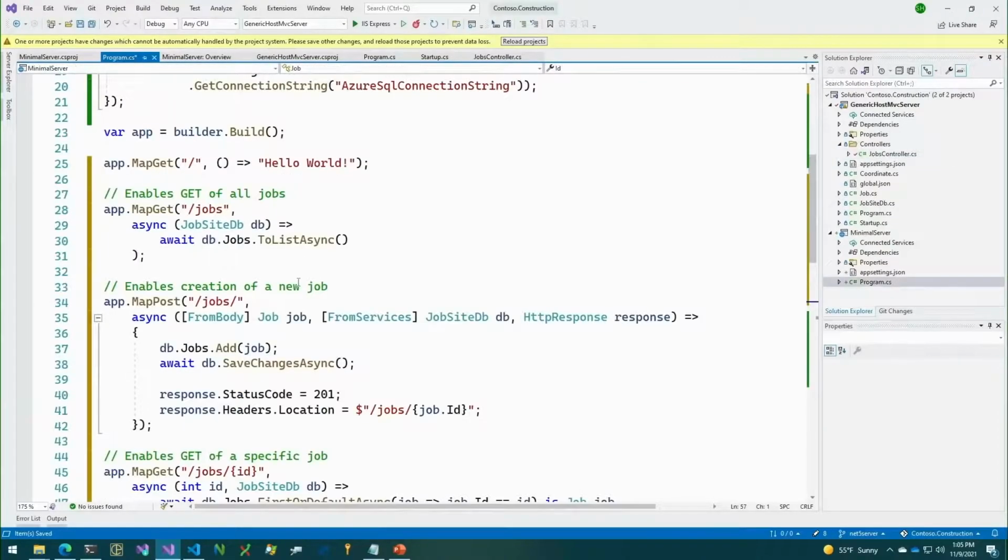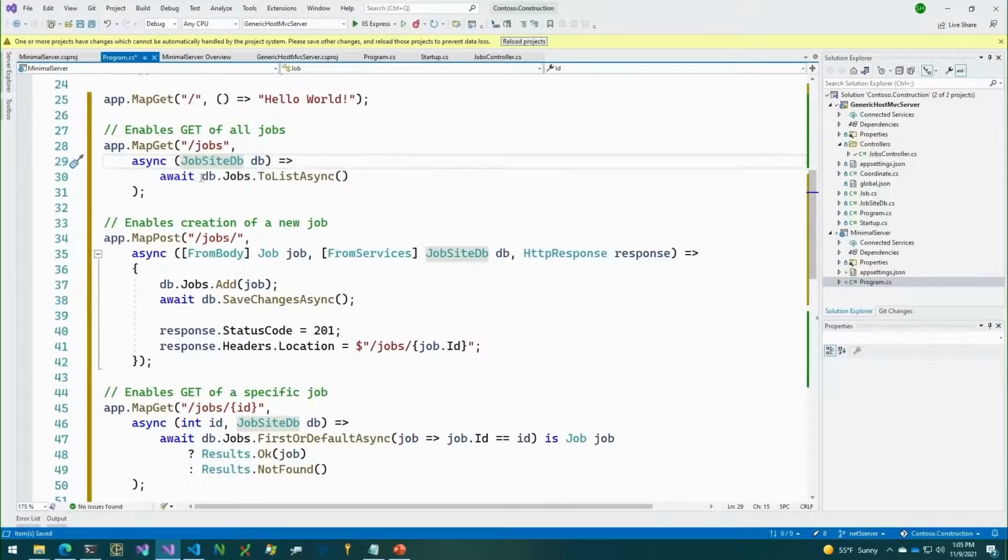But now we're just taking these as a parameter to our request handlers, as we're calling them. But this is minimal APIs. And you'll see that if we want to get all endpoints, we can get our